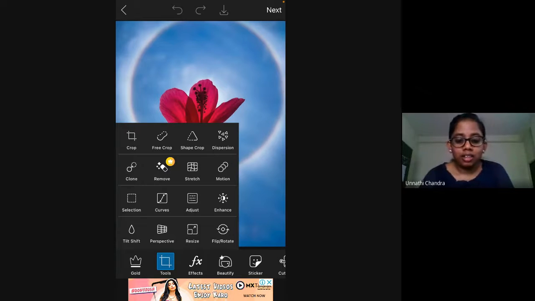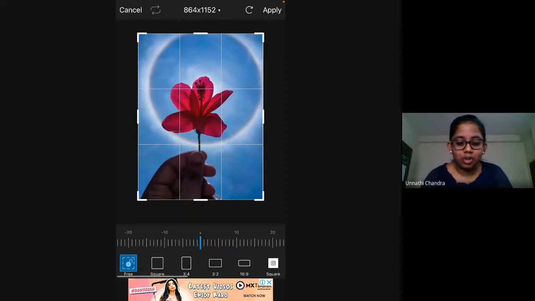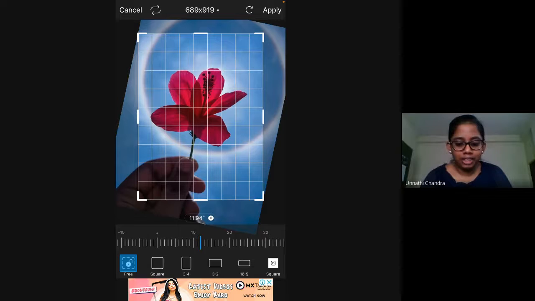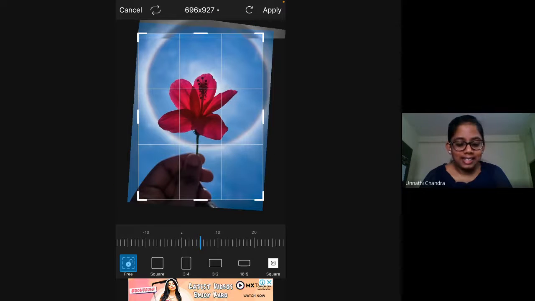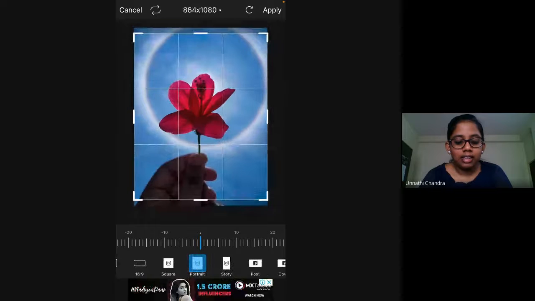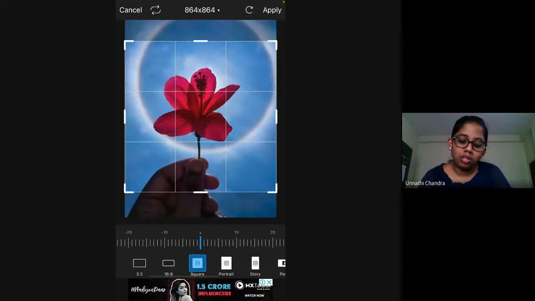Basically, there's the regular crop option, which you're all familiar with. Just crop it to whichever ratio. We can also tilt the picture, or leave it as it is, or rotate the picture, or select the ratio which you want the picture to be. Here you can also see options for different social media apps.